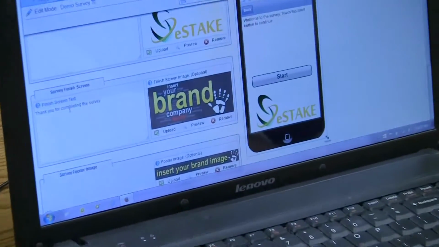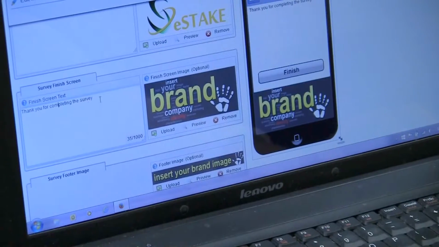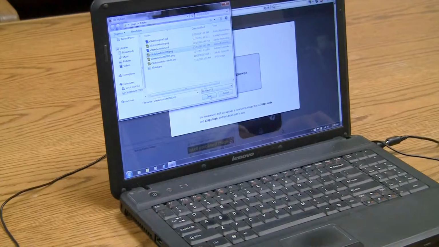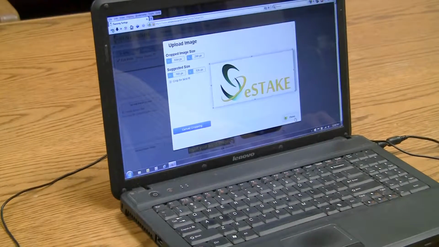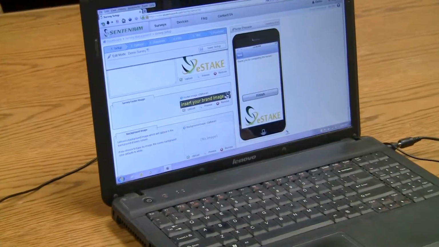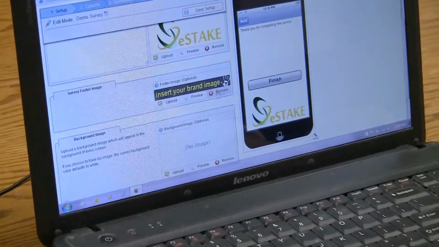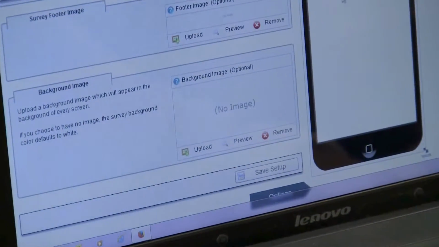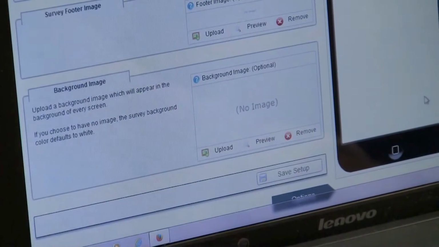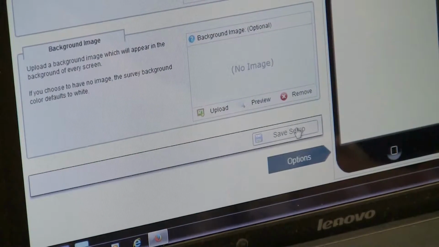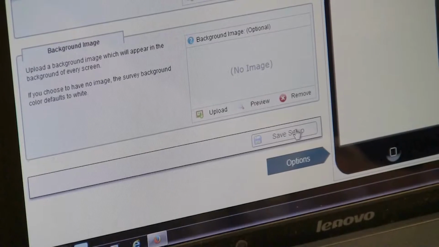When you finish, it'll say thank you for completing the survey, or whatever you want, and you can upload a picture, and again we'll use the eStake picture. And you can have a footer at the bottom of the survey as well, and for now we'll just remove that so that there's no image at the bottom. You can also put in a background picture, which would fill out the survey background, but for now we won't do that. And then you save your setup